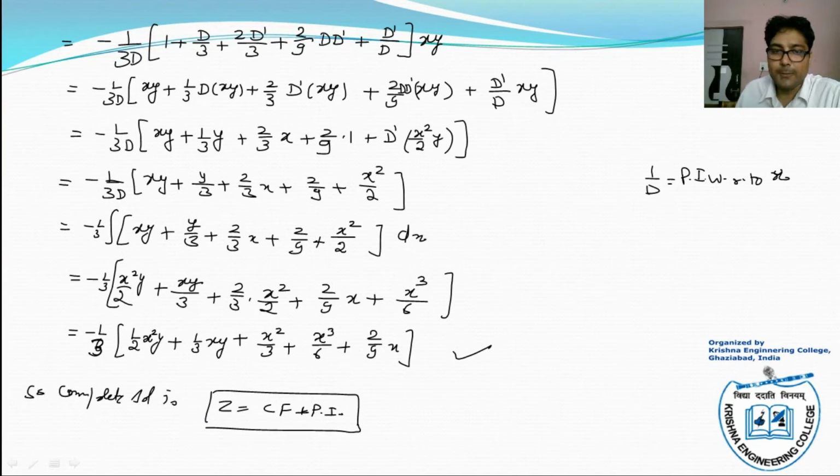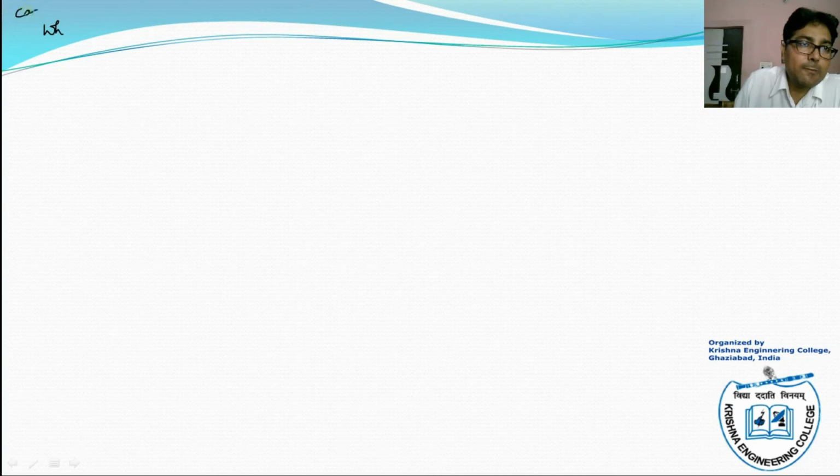CF plus PI. And write the value of CF, write PI. Now dear students, we learn the last case of the PI. Case 4, when